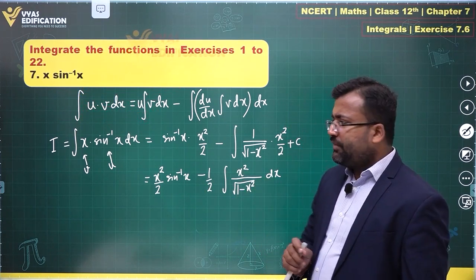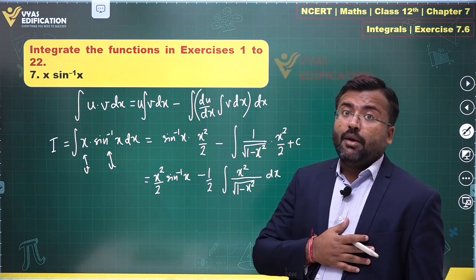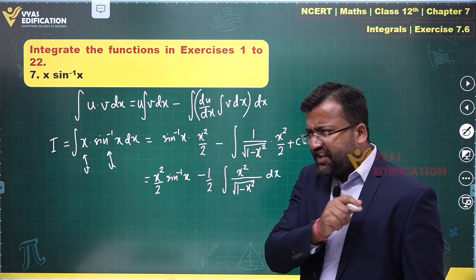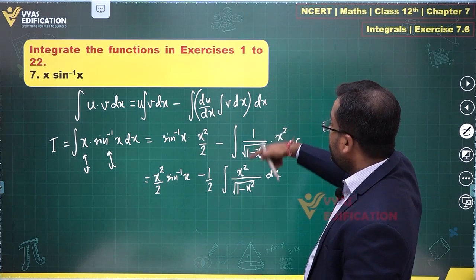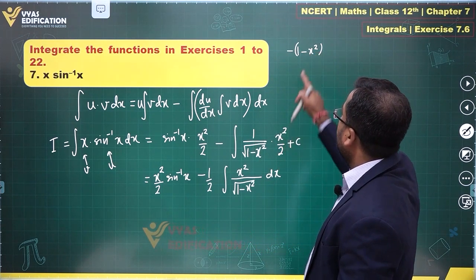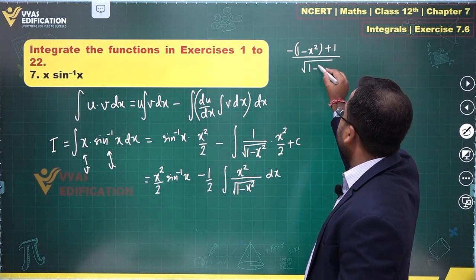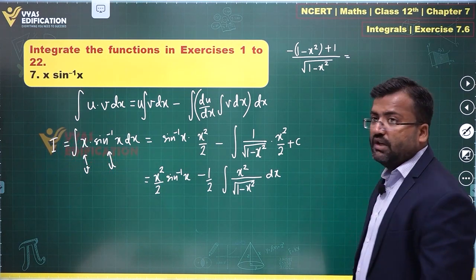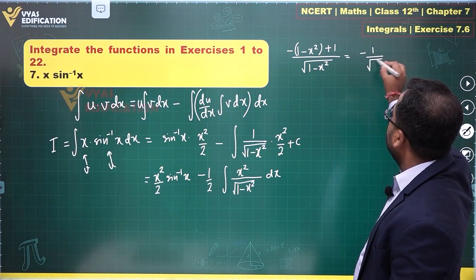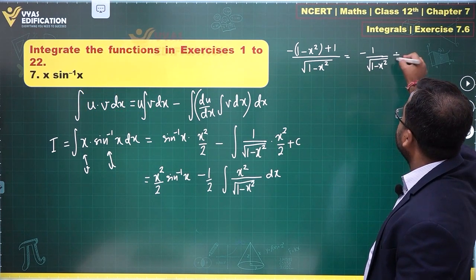Now this will create a lot of problems. Had there been a linear term at the top, this is one form which we have already seen. But this x square upon root 1 minus x square will be difficult. What you can do in this case is write this x square as minus of 1 minus x square. This becomes x square minus 1, which will be taken care of by this plus 1, and there's a root of 1 minus x square. This converts to minus 1 upon root 1 minus x square. That's pretty simple, that is easy to integrate. Plus 1 upon,